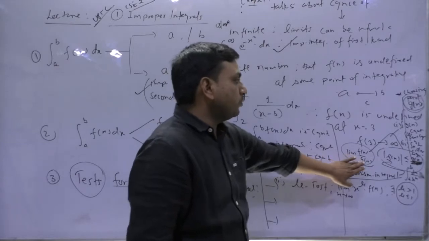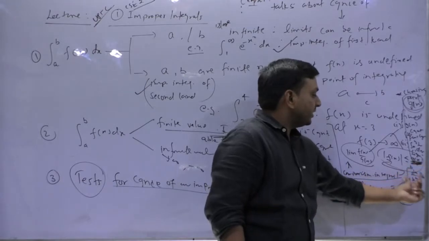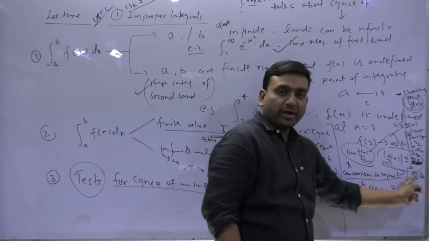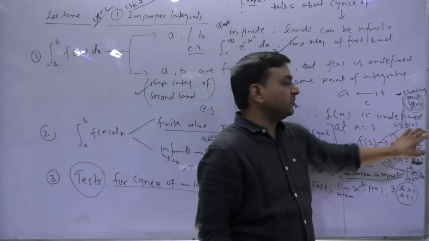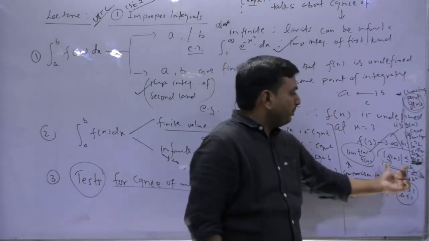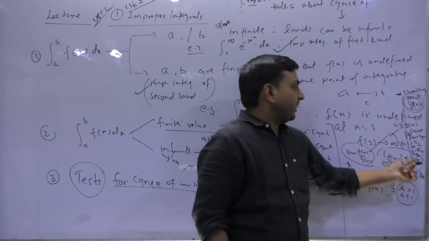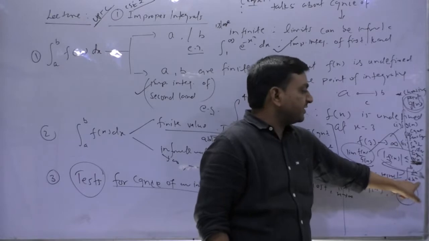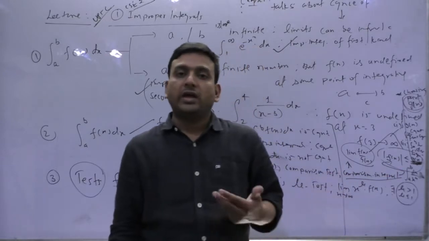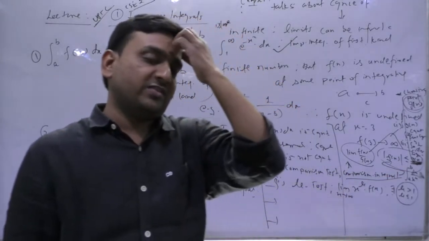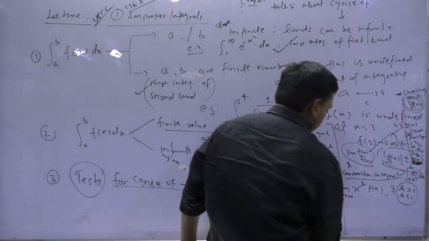So how will you choose g(x)? Please note down. Depending on the function that you see, of the type 1 upon x raised to the power n and 1 upon x minus a raised to the power n kind of stuff, you will choose that as g(x), provided that you maintain this inequality. Is that clear? So by comparison, if n is greater than 1, it becomes convergent, so the convergence of g(x) will assure the convergence of a to b f(x) dx. Is that clear? The same funda applies here also.